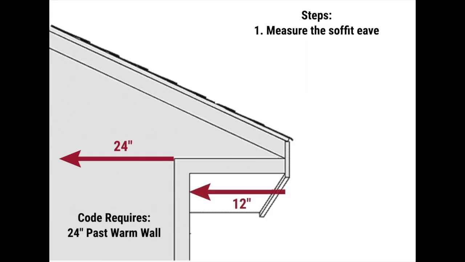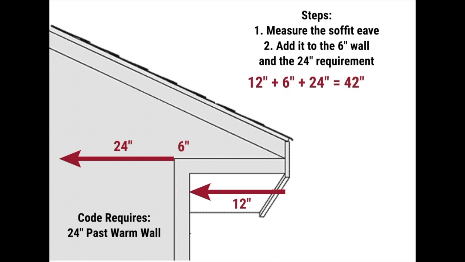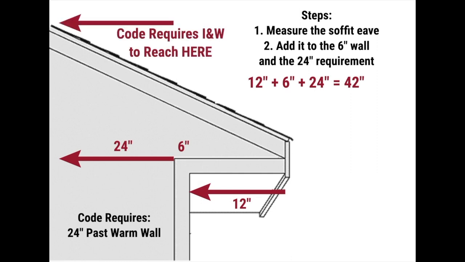Now we've measured 12 inches from the exterior wall, and then of course you have to add the 6 inches of the wall between the exterior wall and the warm wall. So when you add that up, we have 12 inches of soffit, we have 6 inches of the actual wall, and we have the 24 inches required from the inside of the warm wall. That means this is the point on the roof where code requires us to have ice and water installed to meet the code. The next step is you have to take your 42 inches total and multiply that by the